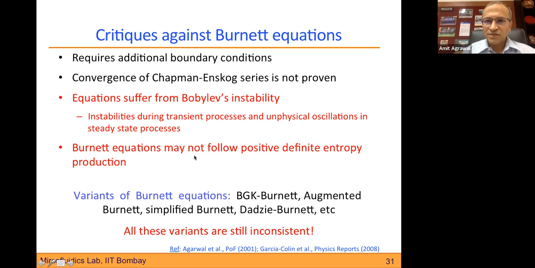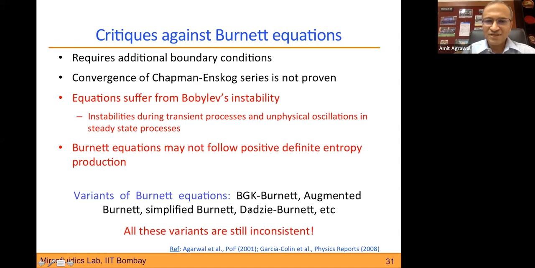And the issue, if you look at it more closely, is that the Burnett equation does not satisfy the entropy principle. So it can actually lead to entropy generation not being satisfied, positive entropy generation not always being there in the flow. So this equation is not compatible with the second law of thermodynamics. And we said that the whole issue is because the Chapman-Enskog is purely a mathematical procedure. There is no flow physics, there is no physics which is involved in there,